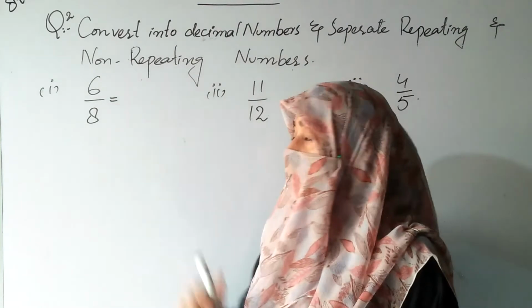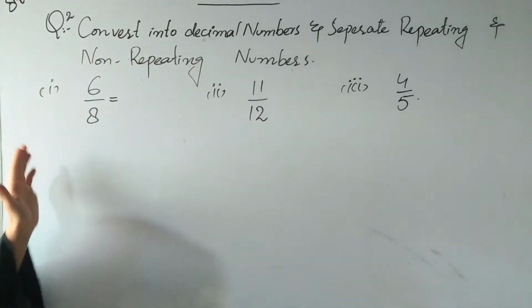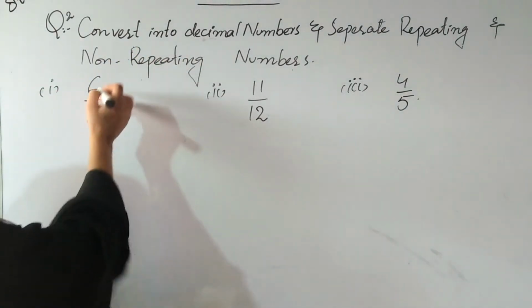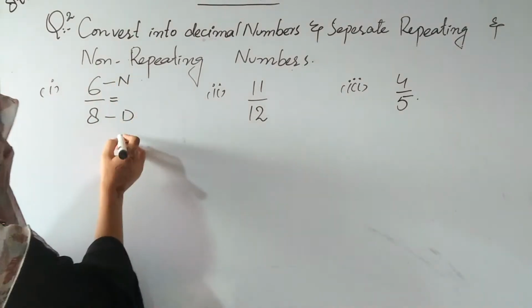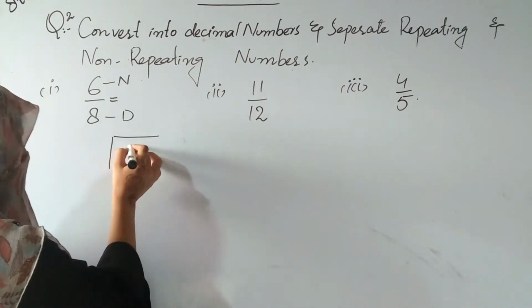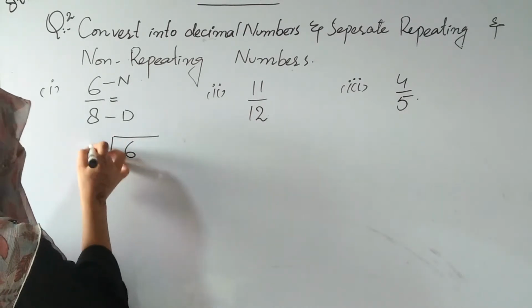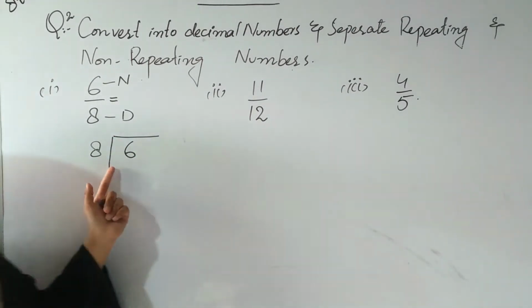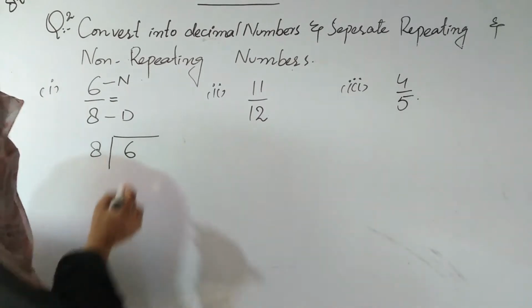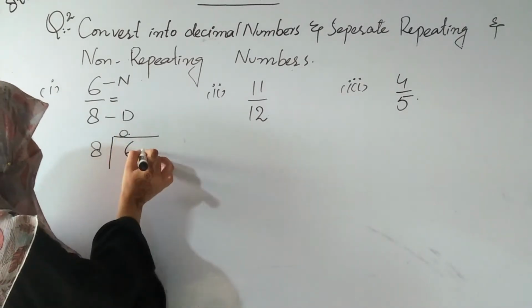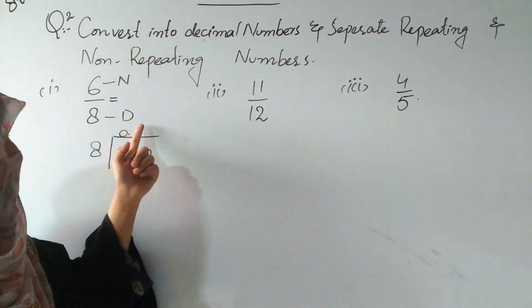So now question number first is 6 over 8. Convert 6 over 8 into a decimal number. 6 is our numerator and 8 is our denominator. Divide 6 over 8. We first write the numerator inside and the denominator outside. Now 6 is less than 8. If the numerator is less than 8, we put 0 point here and add a 0. Now 6 becomes 60. So 8 7 times